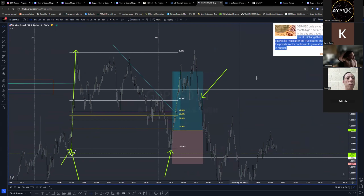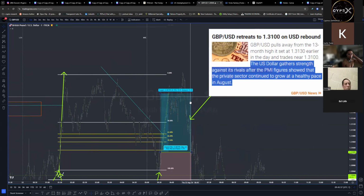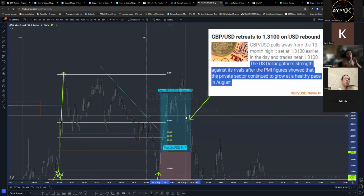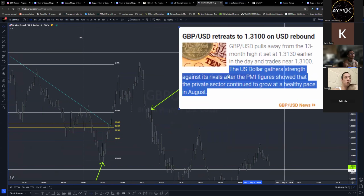Now, the market did reverse after some supportive fundamentals came out for the US dollar. We're at 6:45 a.m., which is another 15-minute interval. You guys can see here at 6:45, the news came out supportive of US dollar strength. US dollar gained strength against its rivals after the PMI figures showed that the private sector continued to grow at